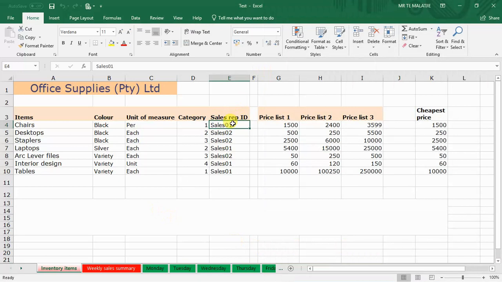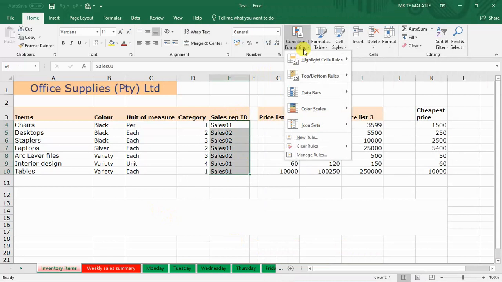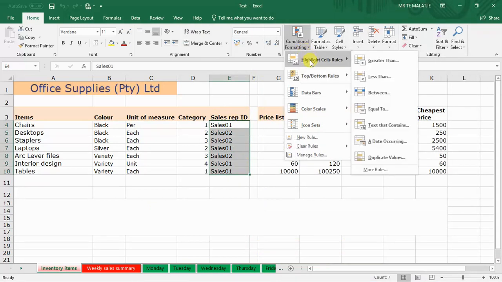So you will select from E4 to E10, then you go to conditional formatting. On conditional formatting, you select highlight cells rules, then you go to text that contains, right? Because on that column or on that cells that we have highlighted, there is only text, right? Then you go to text that contains,